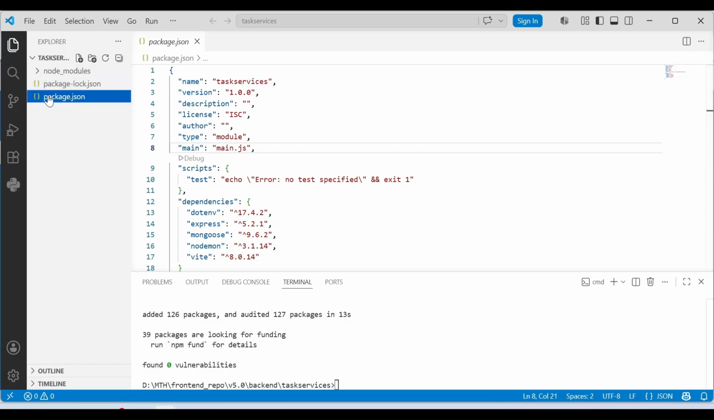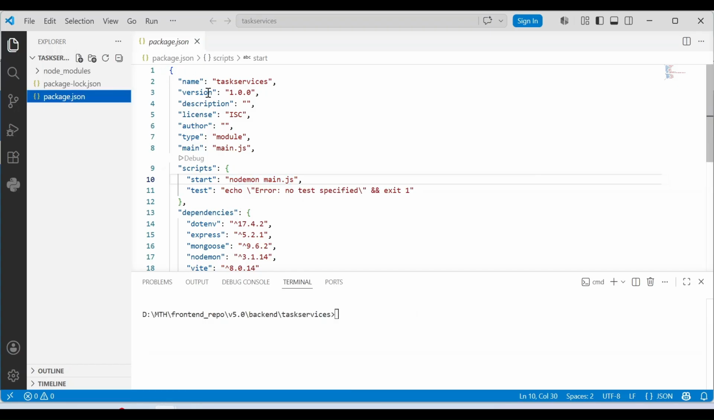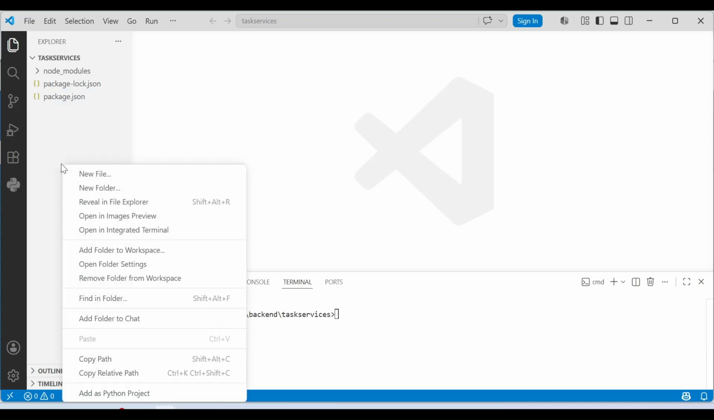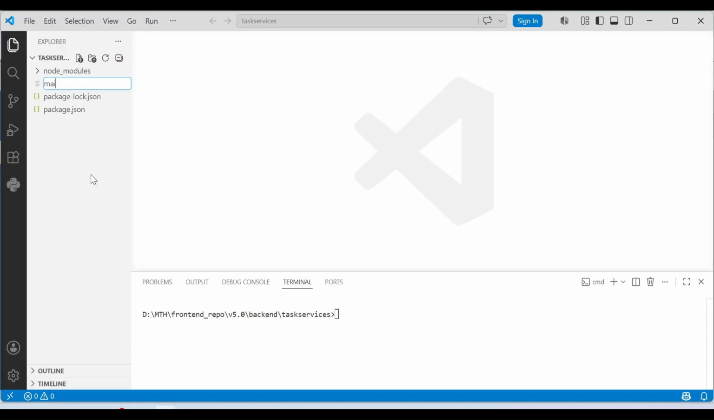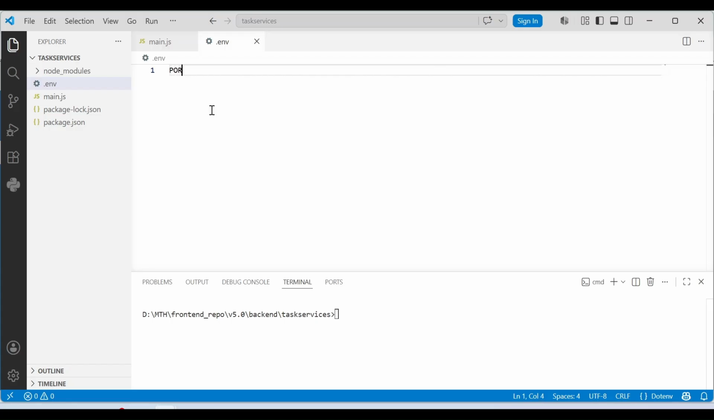Then open the file package.json. Inside scripts, add a command start, value nodemon space main.js. Then save and close package.json. Right click on the file explorer and create a new file main.js. Then repeat the same procedure, create another file .env and add the environment variable port equal to 8002 in the .env